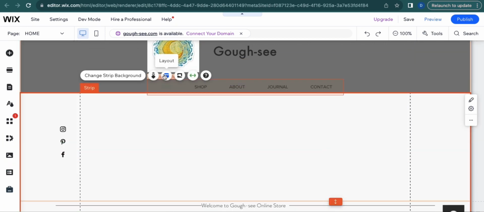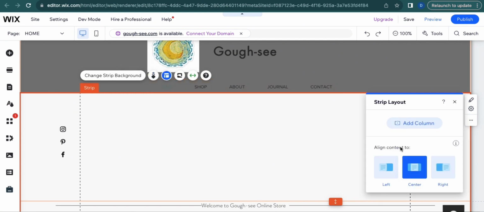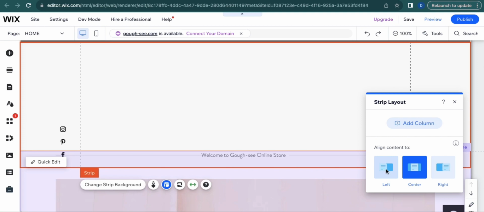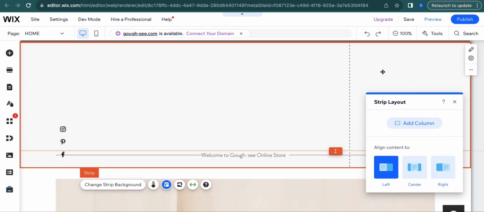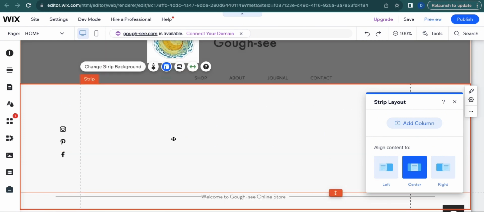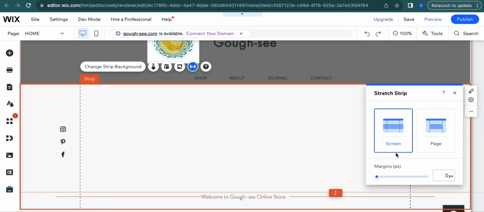Now click this layout icon, which is beside background scroll effects. So make sure to align your content properly depending on your design preference. So if your preference is centered or if you want to select left, make sure that your content does not move past this line. You can also click the stretch icon, which is this icon, and then select the fully